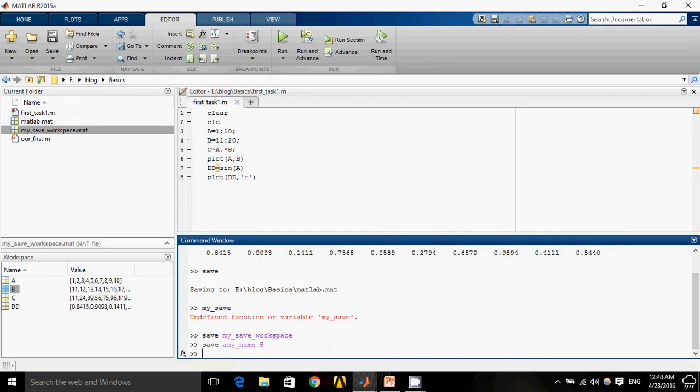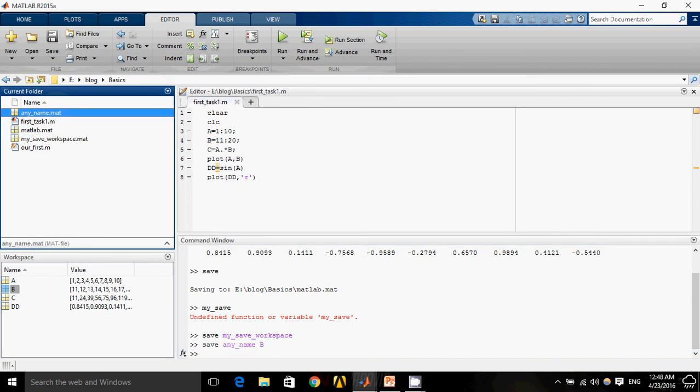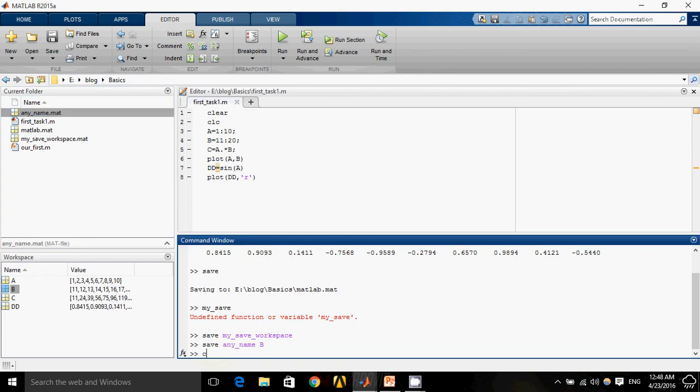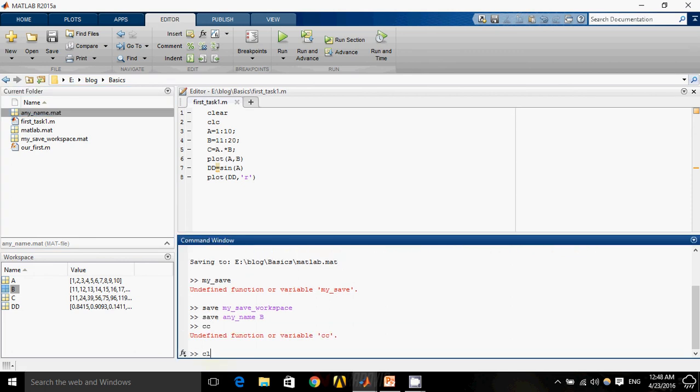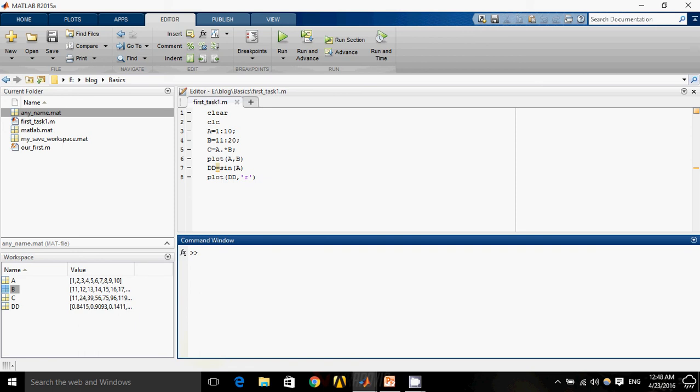I can give it any name, any_name, and then I will write the name of the variable which I want to save. Let's suppose I want to save B. So a new mat file is created with the name any_name, and variable B will be there.